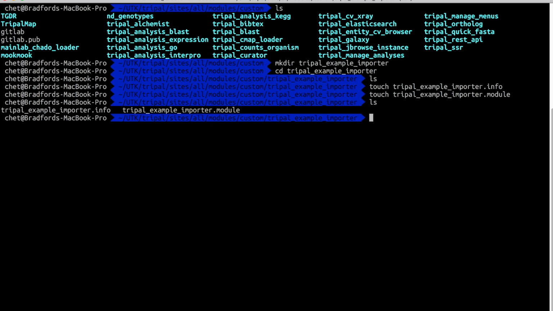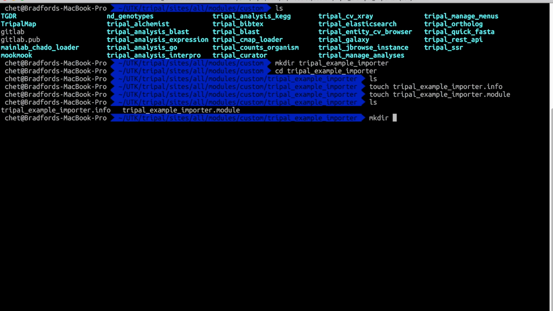So we have these two files, and the idea is that imagine this module is going to just read in a very simple two-line comma-separated file, basically the output of a Microsoft Excel two-column spreadsheet. All it's going to do is read those in to shadow. So it's not going to display anything. There's no admin stuff. So what we can do is extend the Tripal Importer class, and all we need is a Tripal Importer file, our own extended class,